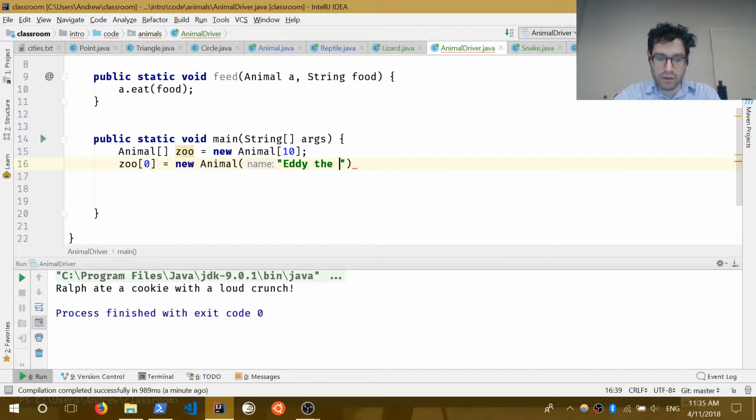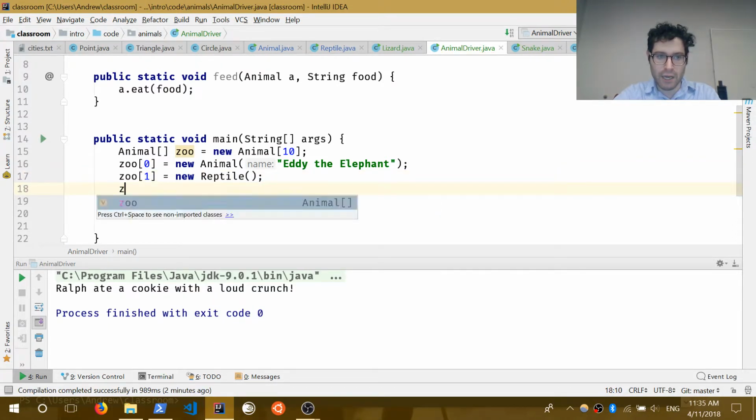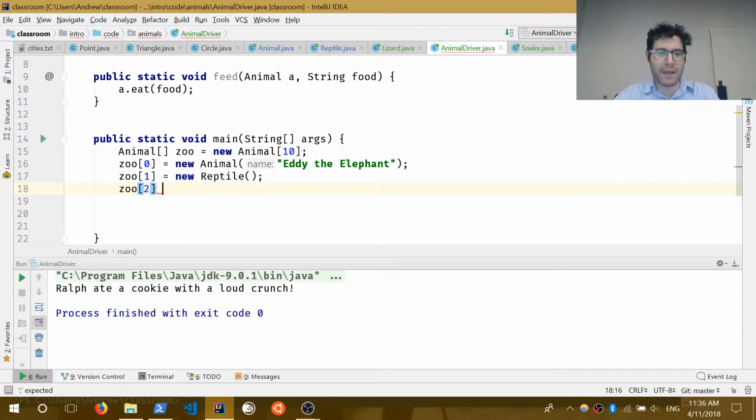Eddie the elephant, right? And then in index 1, we'll put a reptile in there. And now that's pretty cool. We can mix and match what we're putting into each thing,